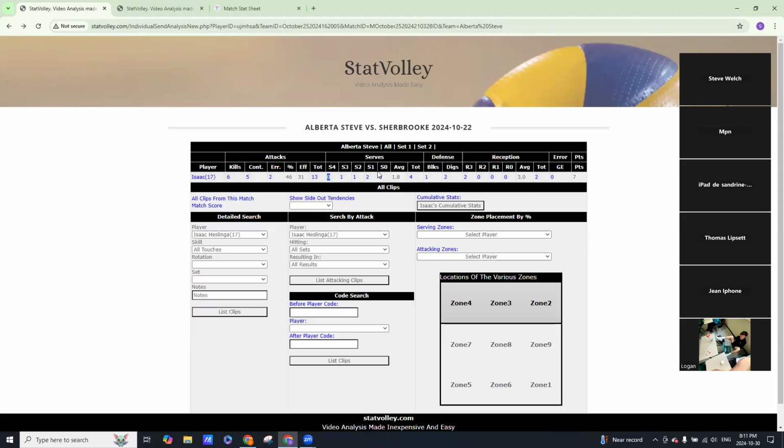Does anybody have any questions on that? I think my team should be fairly familiar with these concepts, but if anyone has any questions, let me know. No? Okay, moving on. With the stats, you can also